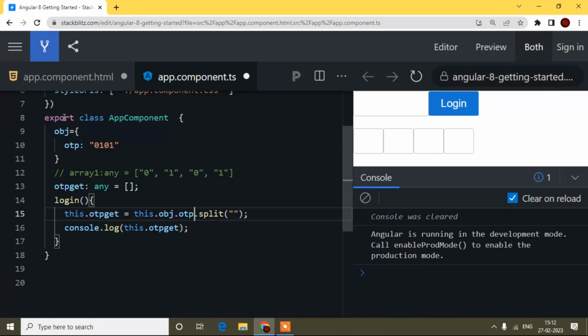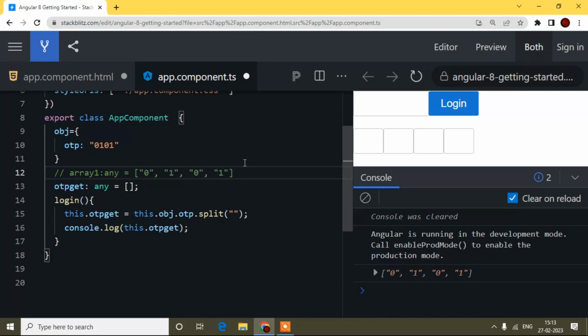When I was converting the array, I wrote the index, 0 and 1, because this is index 0, index 1, as we get an array based on index. So here there is no need to write an index, simply like this. If I click the login button, I will get this output, this one. So this way we can receive our OTP from the API and convert it into an array. So this is done, okay.